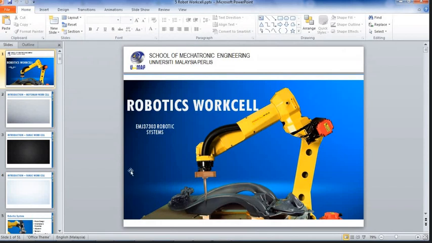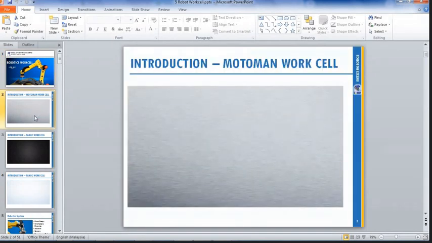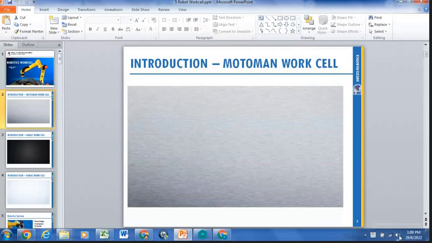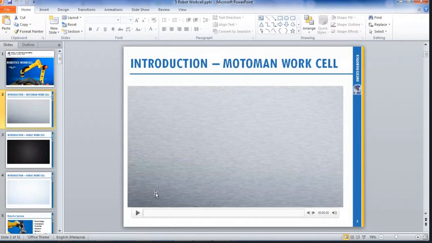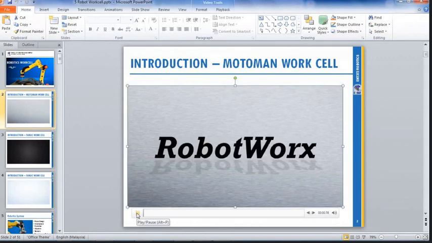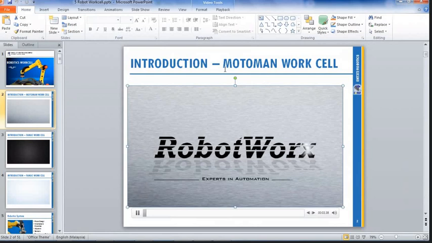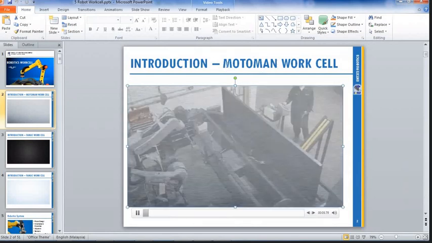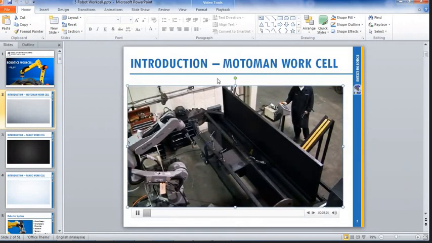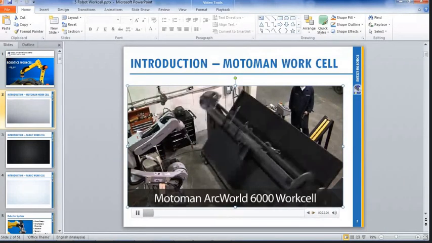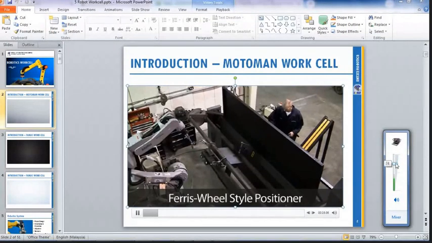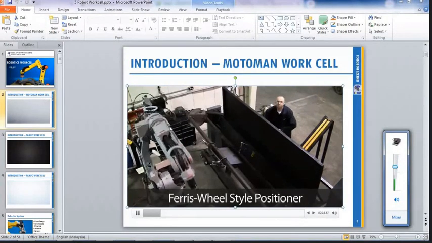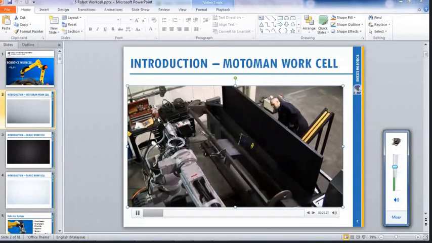Okay. So robot work cell. I have 3 videos here. So I share the video. What is robot work cell? This is one of the companies, Motoman. This is what we call a robot work cell. Example of robot work cell: this is a welding process. So you see,